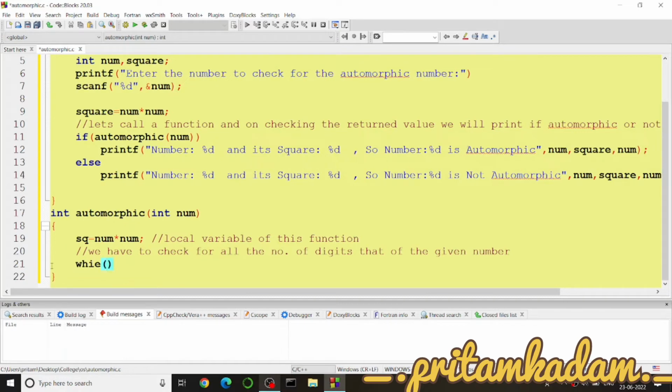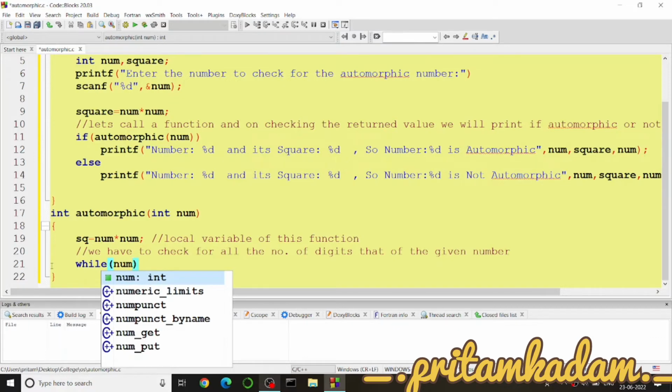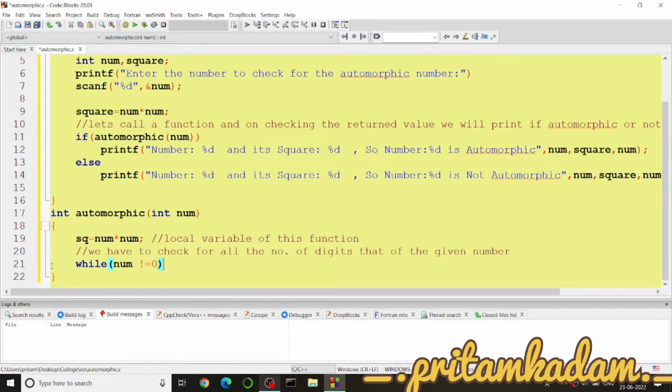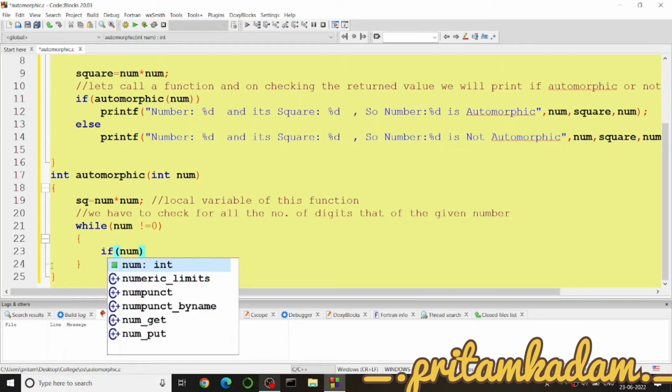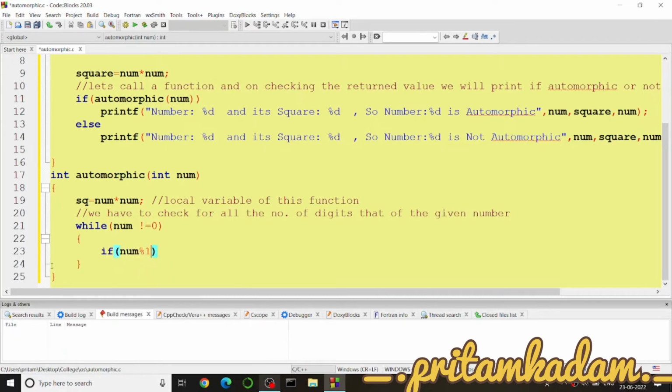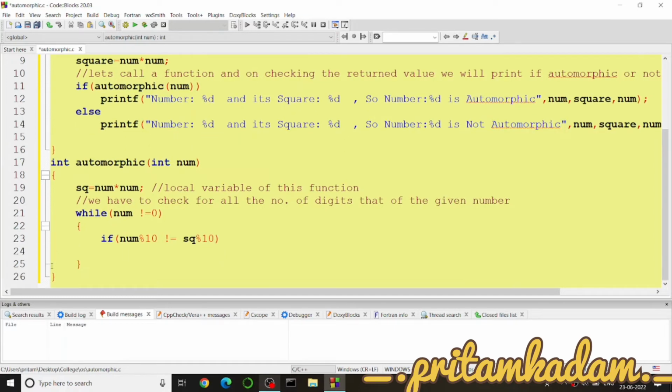So while the number is not equal to 0, it has to remove one digit. So I will use num equals to num divided by 10, which will give me the number till the 10th place. It will remove the last digit, and before that I have to compare the number with its square. Means the last digits of both these should be equal. If it is not, then we have to return 0, because if they are not equal, then they are not automorphic. So if this statement is true, then we have to return 0, and then I will decrement,